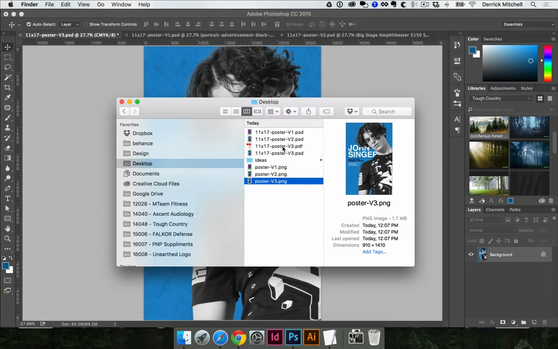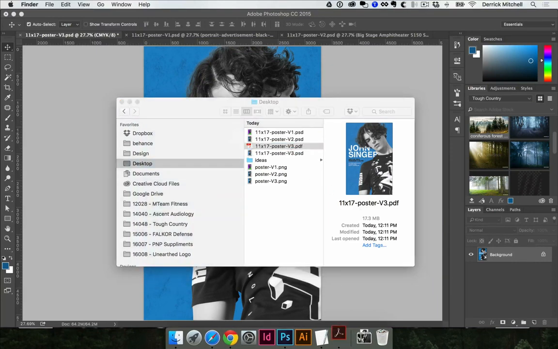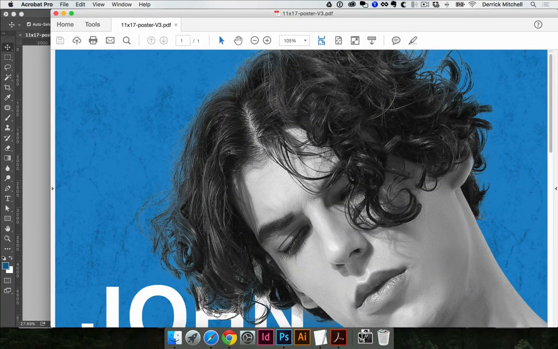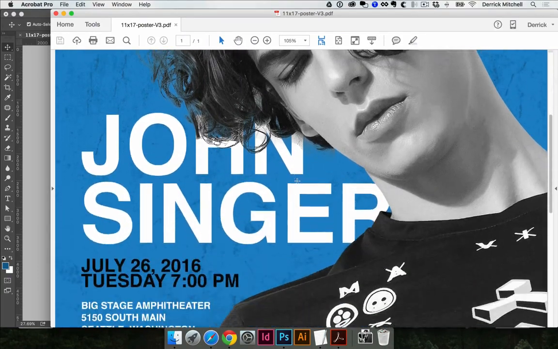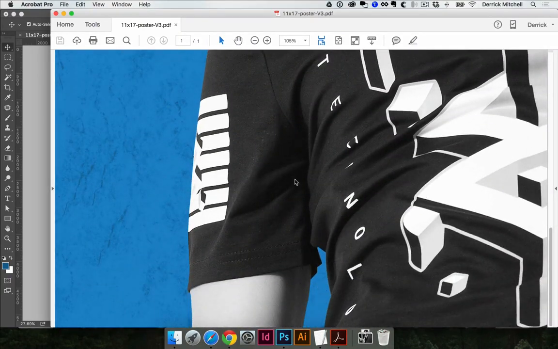I will jump over here and I can find that v3.pdf, and you can see it's 17 megabytes, so it's significantly larger than our screenshot. If I send this to press, it'll look fantastic. It's a huge file. One thing we did not talk about was a thing called bleeds, and we'll get into that a little bit later,